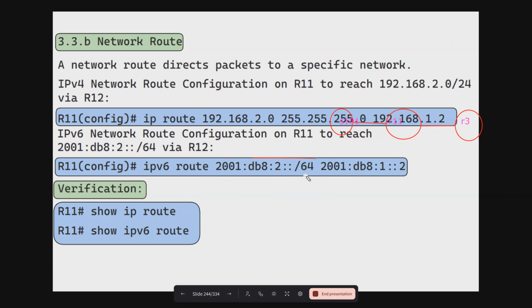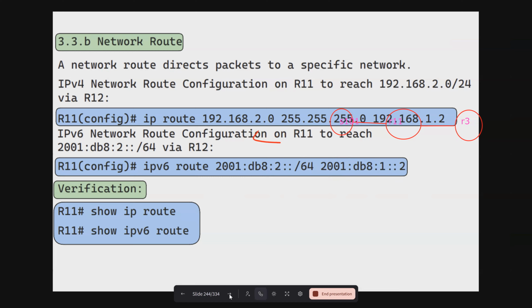Maybe we have a little bit different IP schema and this is a little bit different. So the IP that we have created, let's do this. Let's go to router number 11. Anyway, router 11 can reach router 3, right? So there is no problem reaching this. This is actually a specific route that is